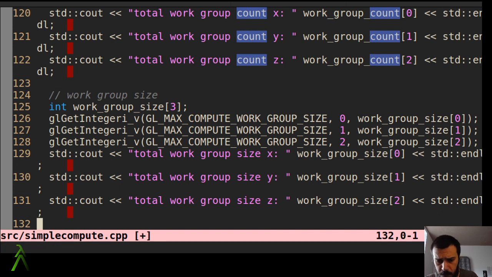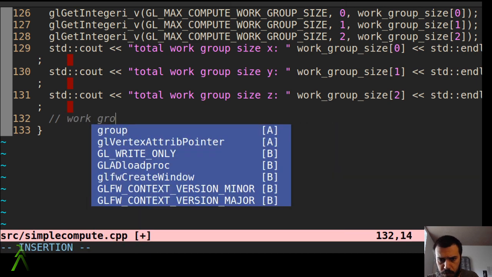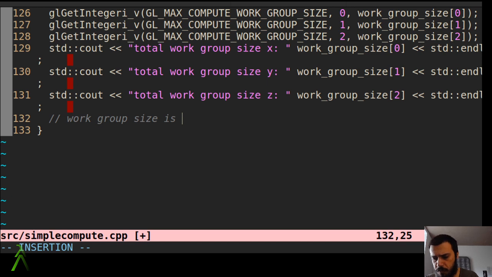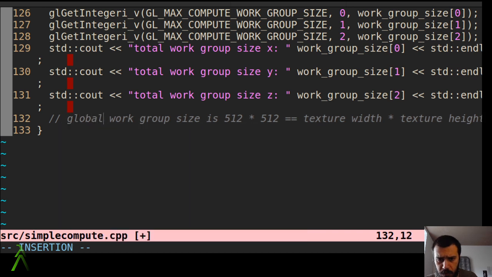So now we have work group size, meaning that texture, right, and global,